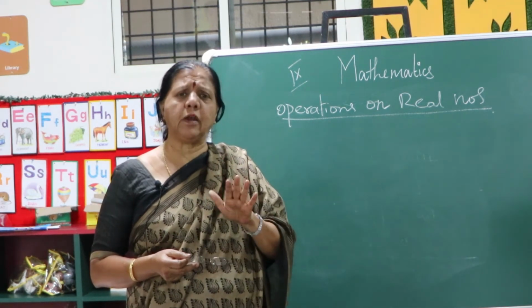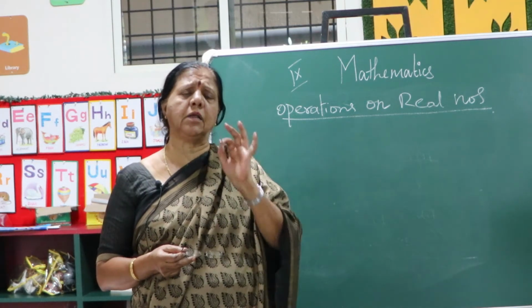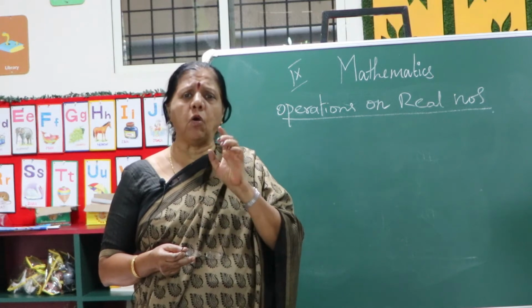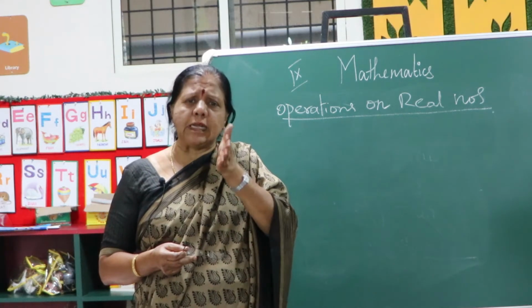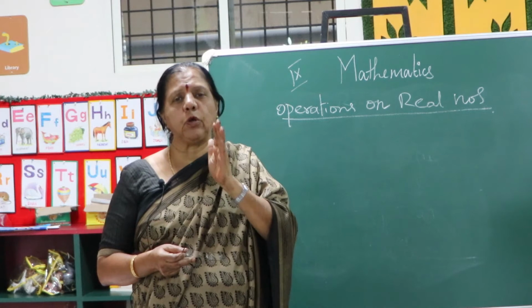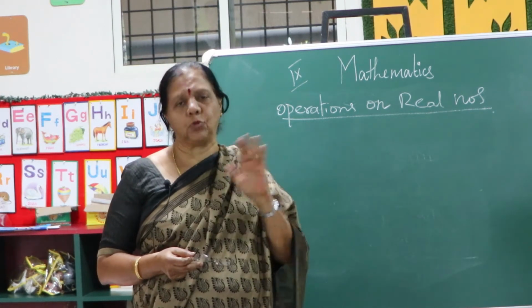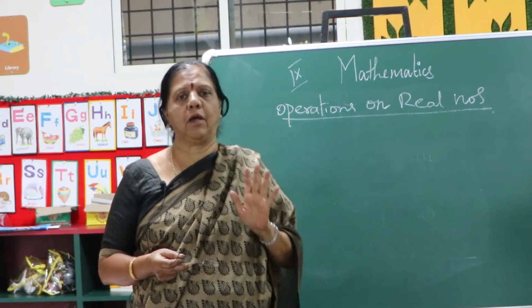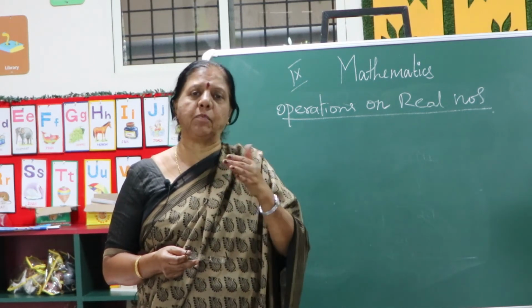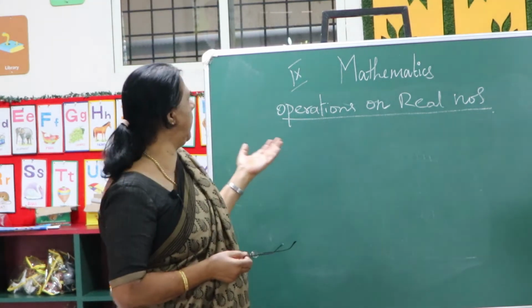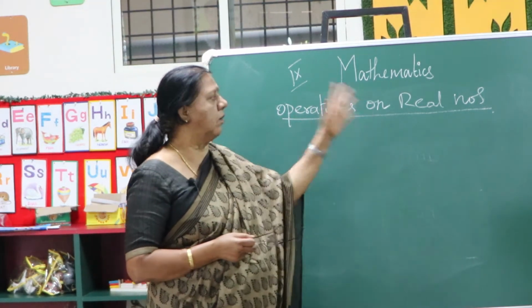The purpose of learning representing decimal numbers on the number line is that you must know how to represent decimals, and also you must have a good knowledge about decimals. That is the only purpose I am showing that. Only one example I have taken, but still you try more examples, your level best. Okay. Now the next heading is operations on real numbers.